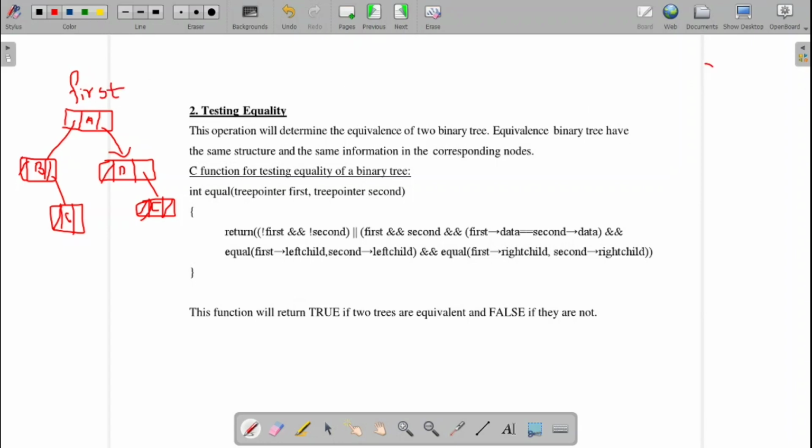Let the second tree be the same. I am checking for the equality, so I will copy the tree as it is so that equality can be proved. And one more case for the inequality we will discuss next.